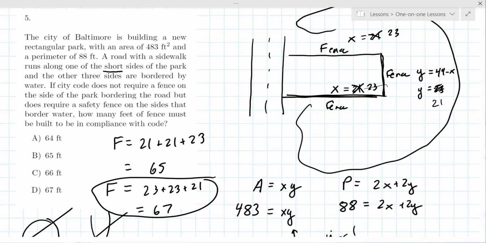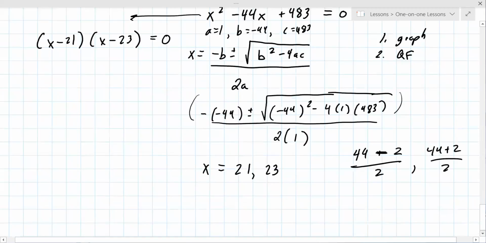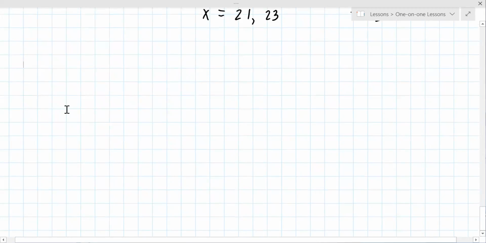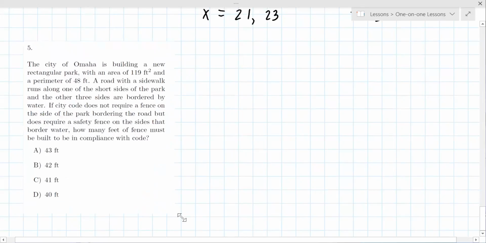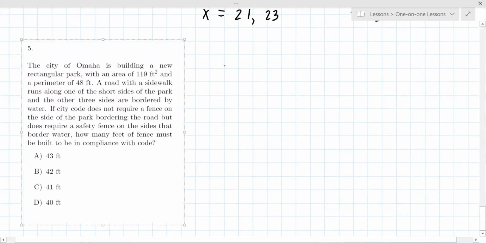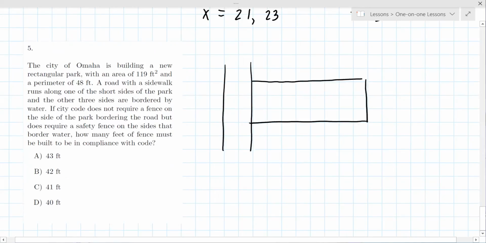All right. So we're going to look at another problem here, and I've done this problem before with many students, and the real challenge is the factoring or the quadratic formula. So what I don't want to do is get us hung up on that. What I want you to do is set up the quadratic, and I'll give you the answer to it, and then we'll move through the rest of the problem together. So let's look at another version of this question. It's the same scenario here. So go ahead and set up the